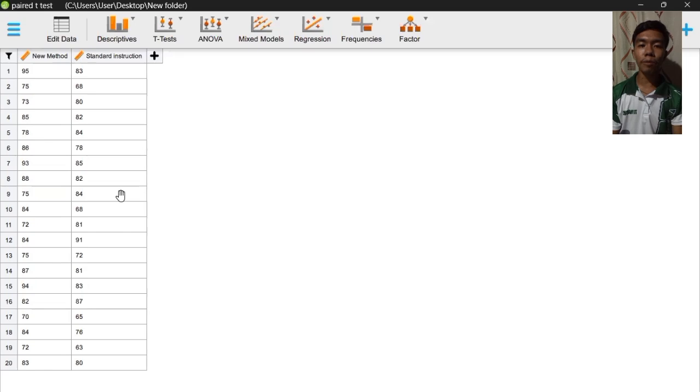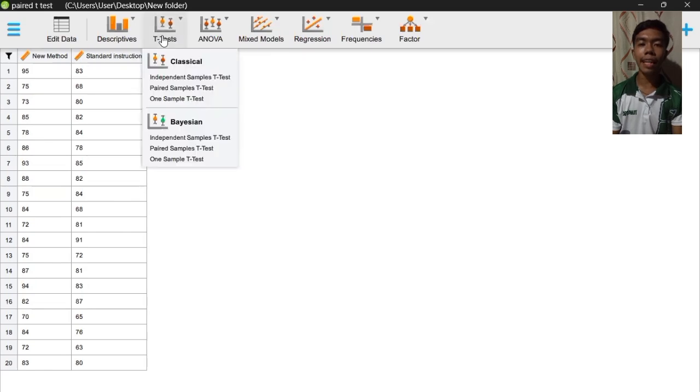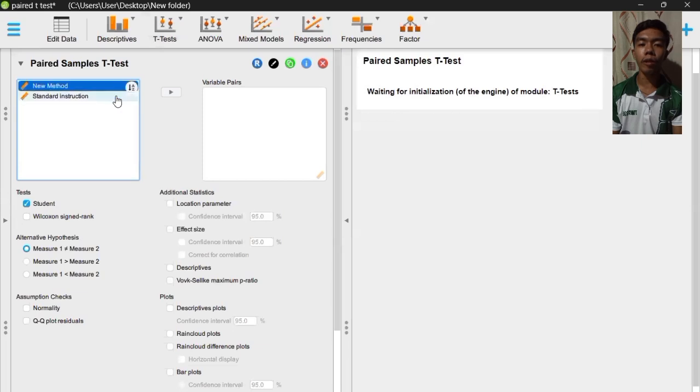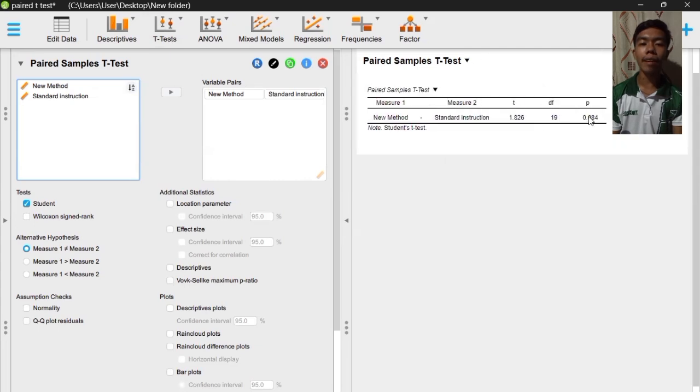Now, let us proceed. Go to t-test and click paired sample t-test, and our paired variables will be first our new method, and the second will be the standard method. Just remain with our p-value here, and using this one, we can see our t-value of 1.826, our degrees of freedom of 19, and our p-value of 0.084.